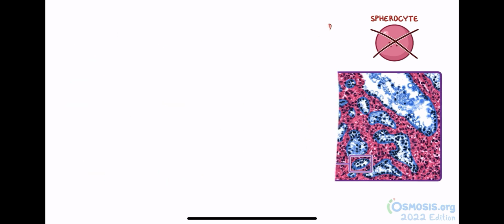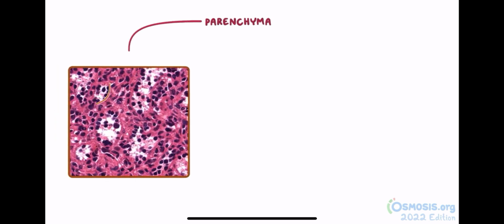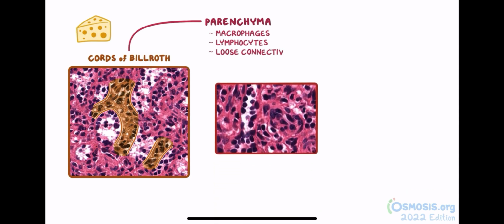So, because of the size of the venous sinuses, the parenchyma of the red pulp actually looks like cords under the microscope, which is why they're also called cords of Billroth, although if the red pulp was seen in 3 dimensions, it would actually look more like a piece of Swiss cheese, with the holes representing the sinusoids and the cheese representing the parenchyma. The parenchyma is a combination of macrophages, lymphocytes, loose connective tissue, arterioles, and RBCs that move